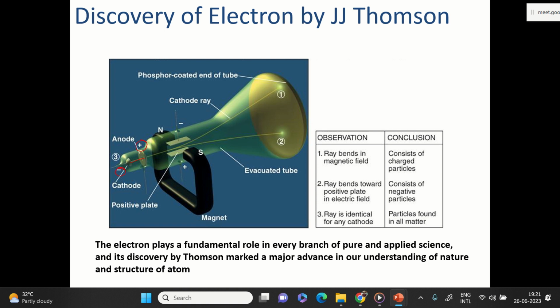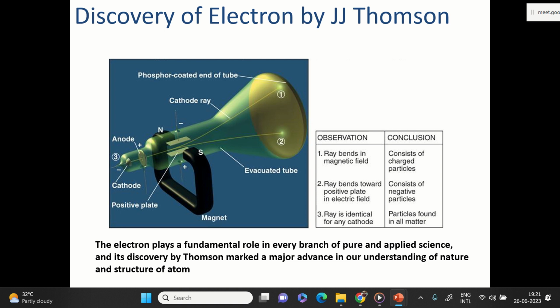Because there is perforation, a hole in this disk, एनोड में जो होल है उसके थ्रू रेज इसके आर पार ऐसे चली जाती है. Then if you try to understand the nature of the rays that are emitted in this tube,